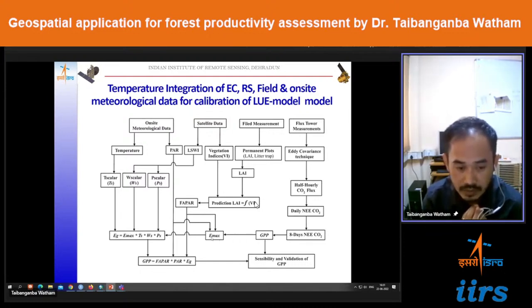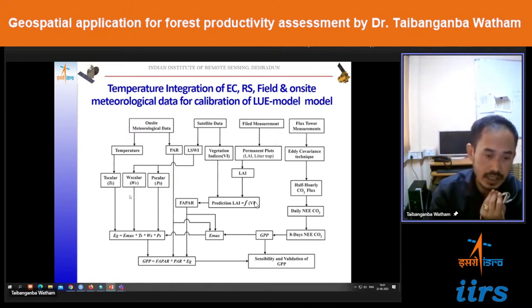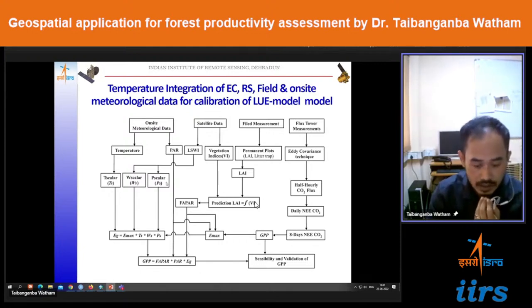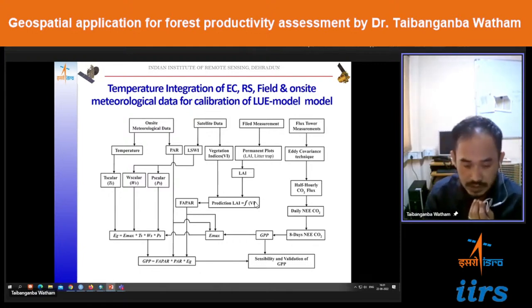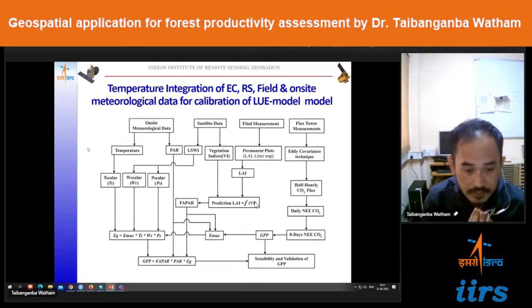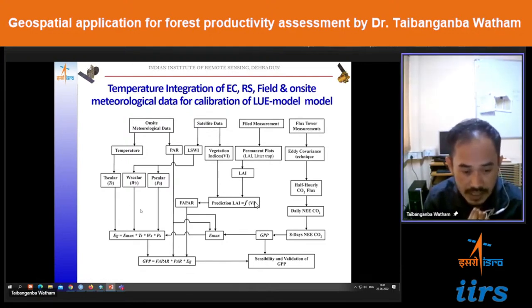Once we have the Emax value, we can try to calibrate the Emax based on the temperature scalar, water scalar, or different stresses. These scalars represent the stress that the ecosystem is facing at the time of GPP estimation. How this Emax is regulated by the different water conditions, the phenological condition and the temperature condition is depicted here. So once these different scalars reduce the Emax value,